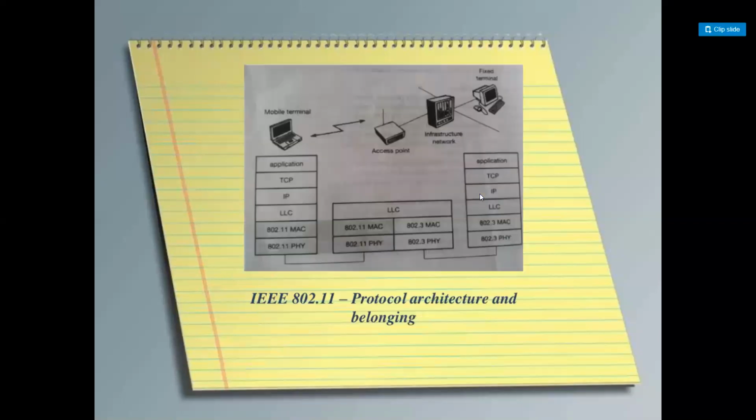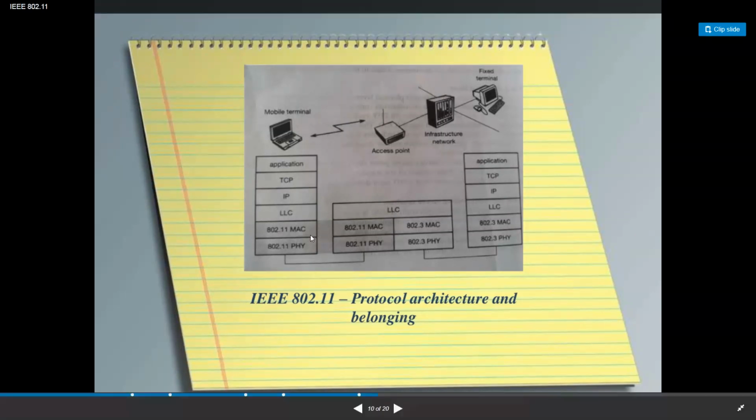Whenever they ask for the IEEE 802.11 protocol architecture, it is the wireless one. In this, you need to draw this diagram. Just remember how a mobile terminal and a fixed station will be connected. Wireless needs nothing, and the wired needs some infrastructure, that is, it needs an access point like a router. And as a simple point you need to remember, for the wireless one it is 802.11.